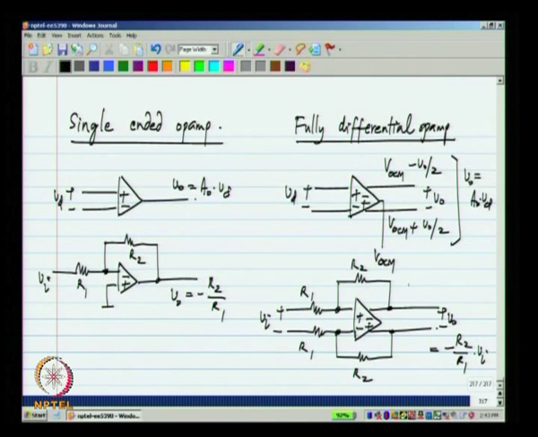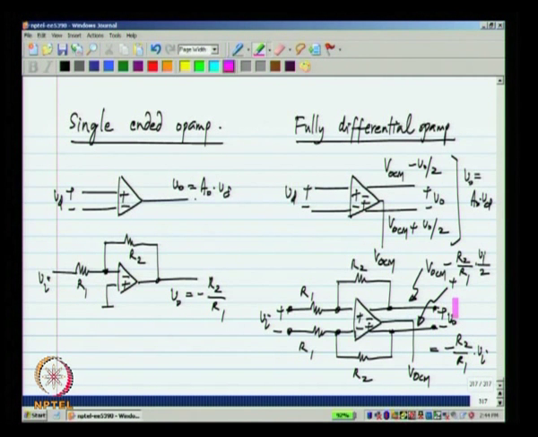And if you look at the individual voltages, let me assume that the output common mode voltage is set to some voltage VOCM. This will be VOCM minus R2 by R1 VI by 2, and this other side will be the same thing except with a plus sign. So, the output will be fully differential. So, this is how you make fully differential circuits. Now, also please note that once you have a fully differential circuit, this minus sign loses its significance. If I measure the output voltage with the upper terminal being positive and the lower being negative, I get minus R2 by R1 times VI.